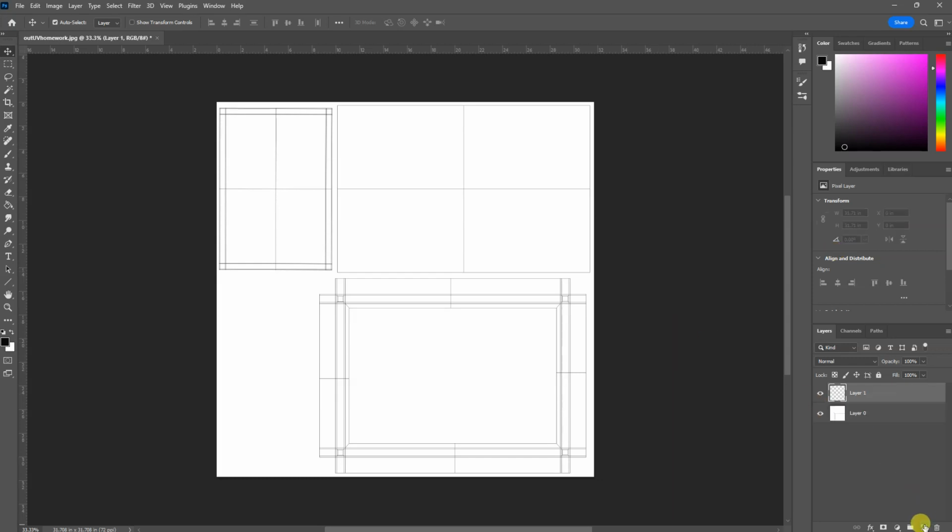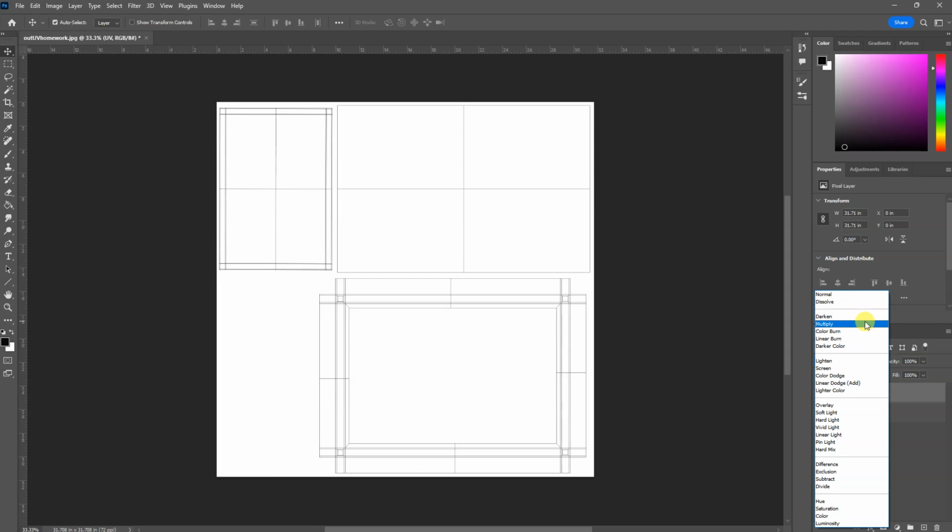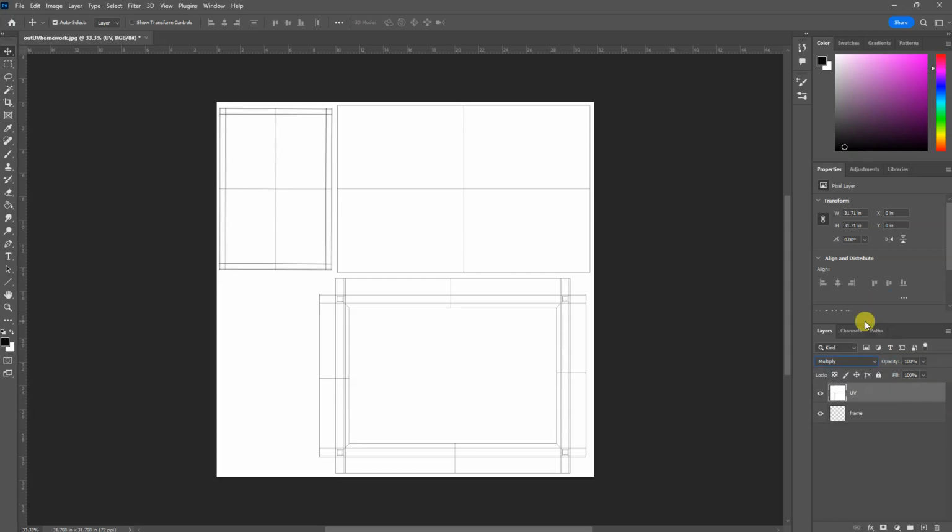Another thing I will do is make a new layer. And I'm going to name the UV layer UVs. And then frame. Oops. All right. And so now this is the layer I'm going to paint on. I'm going to put the UV layer on top. I'm going to set its composite mode to multiply. That should be available somewhere on your program as well, because I don't want to paint